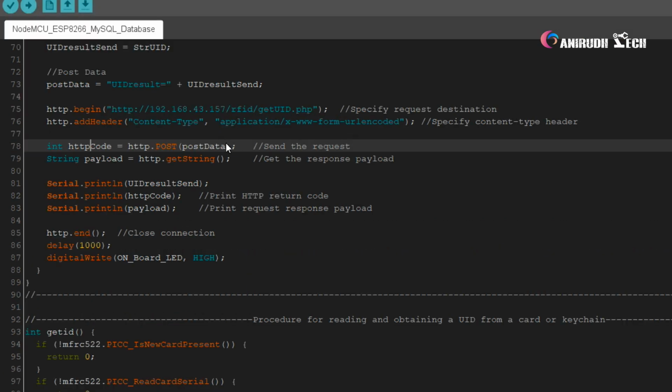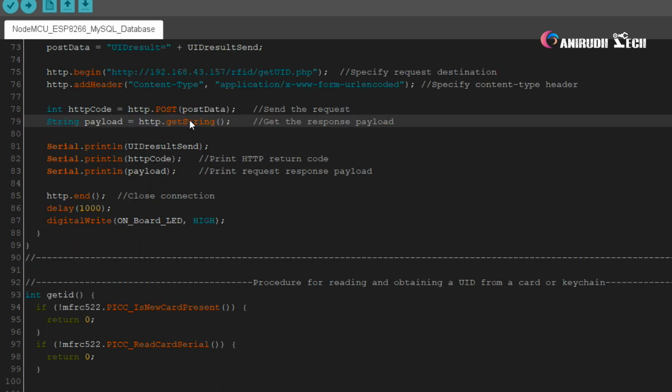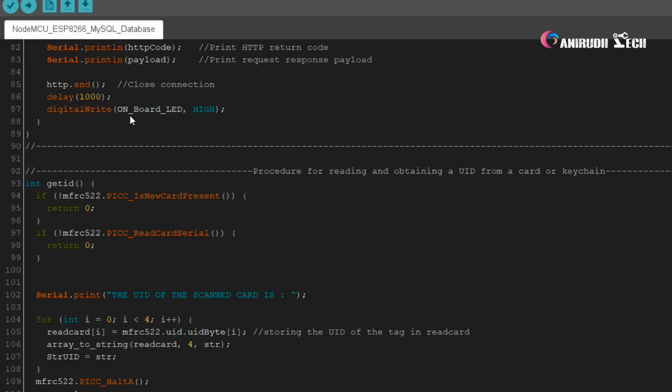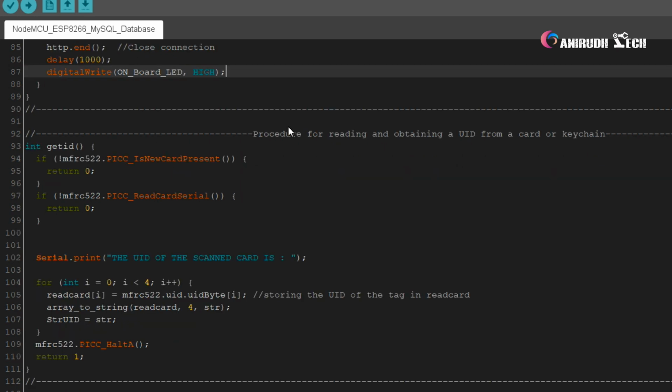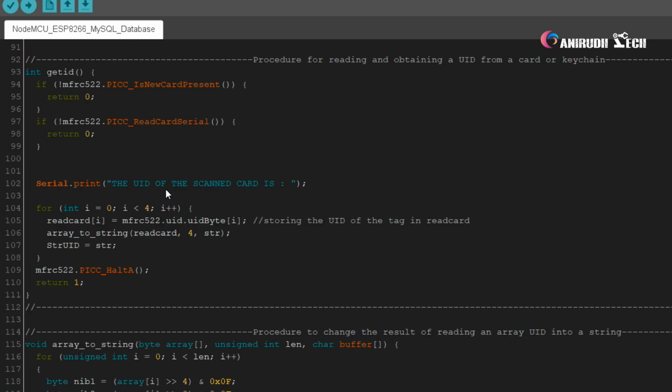Next, httpCode equals http.POST data. It will send the request, and String payload equals http.getString gets the response payload. Now Serial.println the UID result to send and all. Then close the connection, digitalWrite onboard LED comma HIGH.